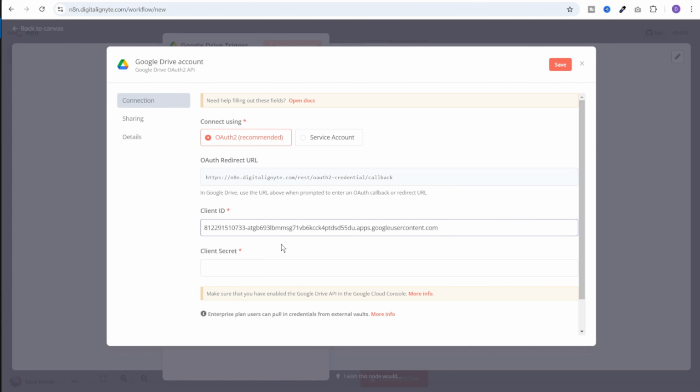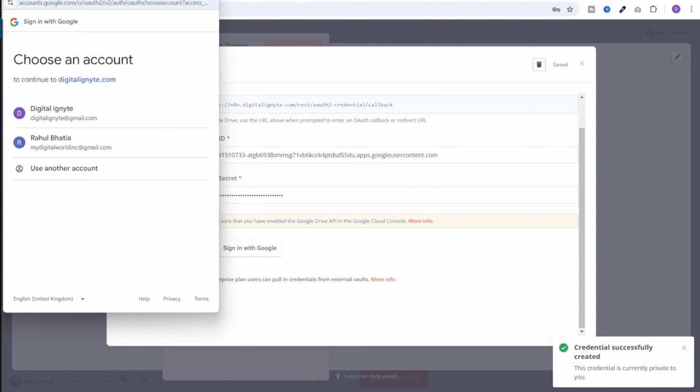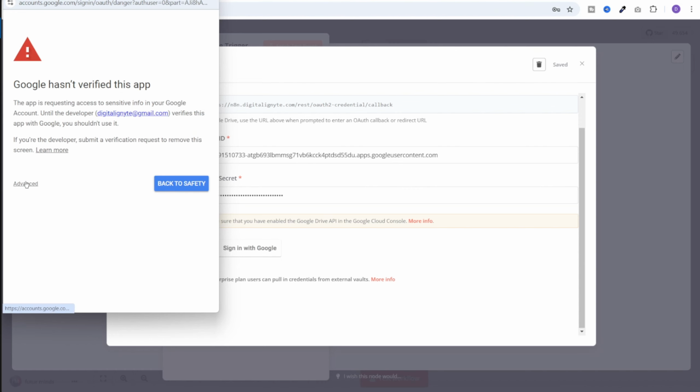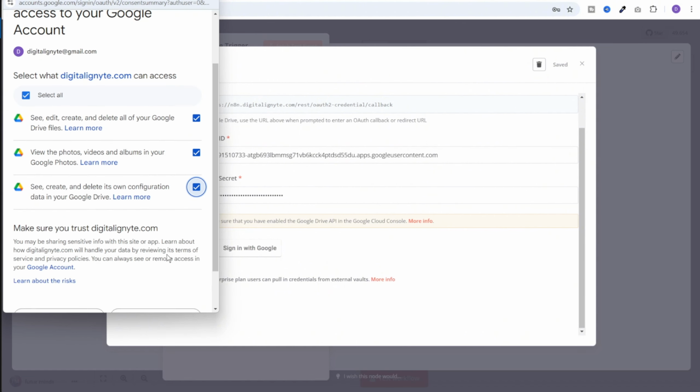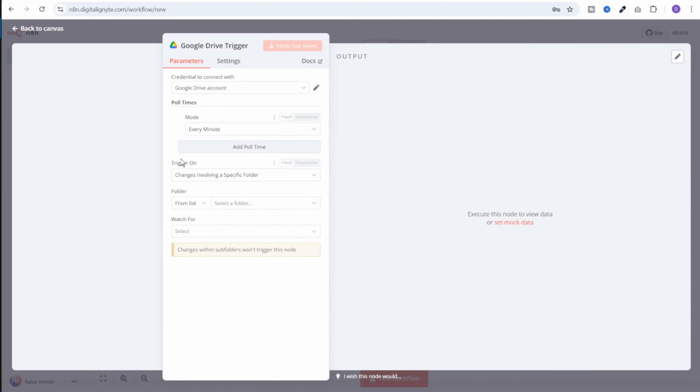We need to copy these from here and paste them in n8n one by one. After that, we need to click on sign in with Google, select our Google account, click on advanced and click on continue. We need to give all these permissions and continue. Now this authorization is done and we can close this pop-up and we have successfully connected our Google Drive APIs